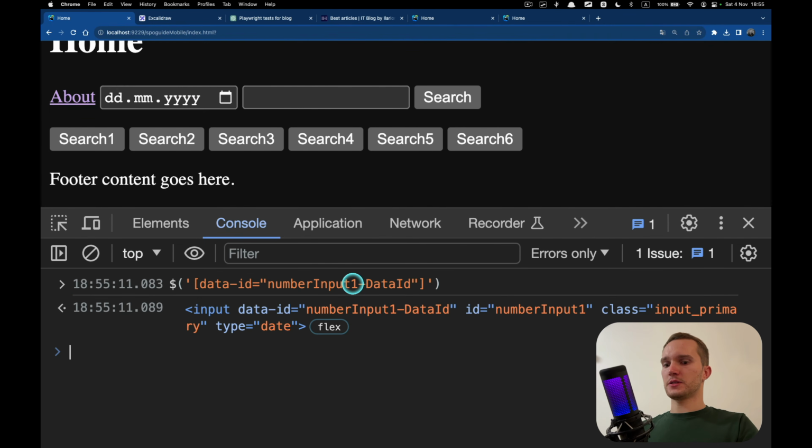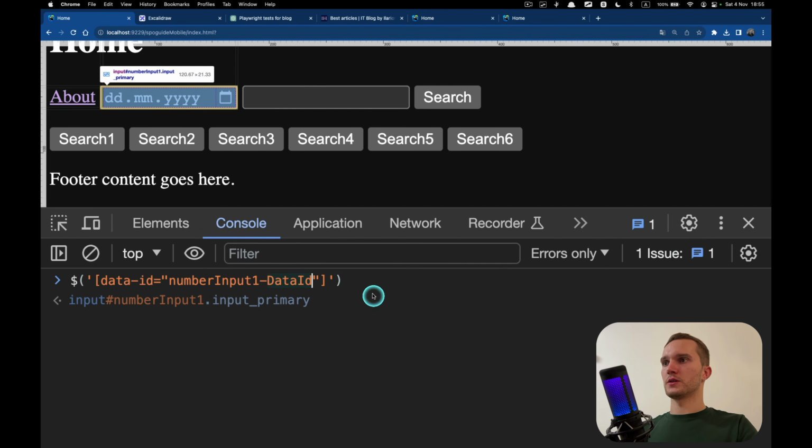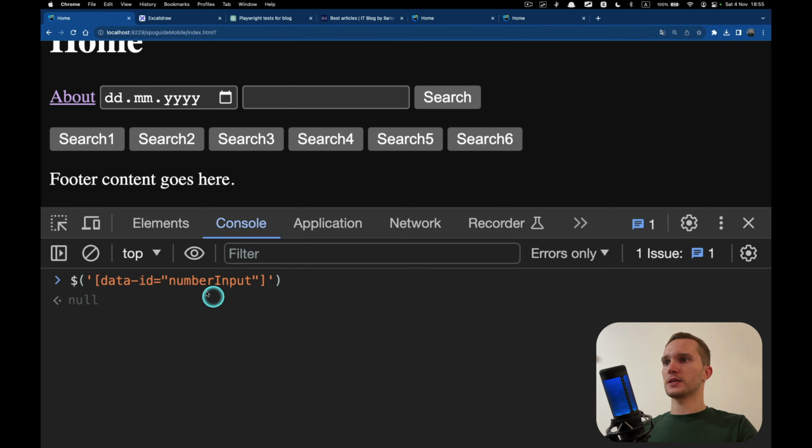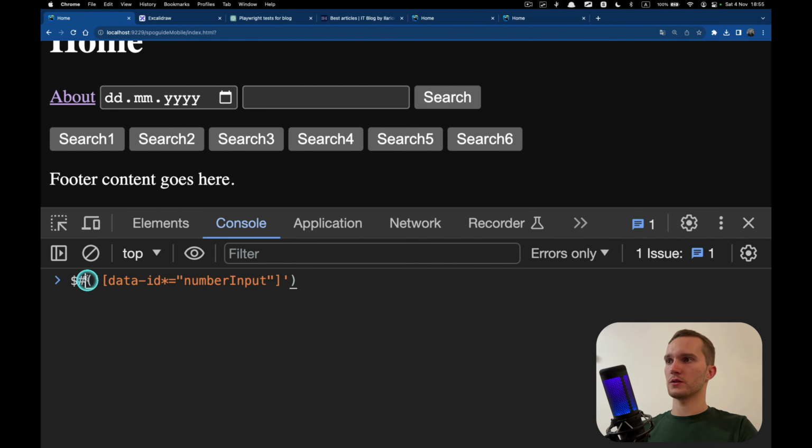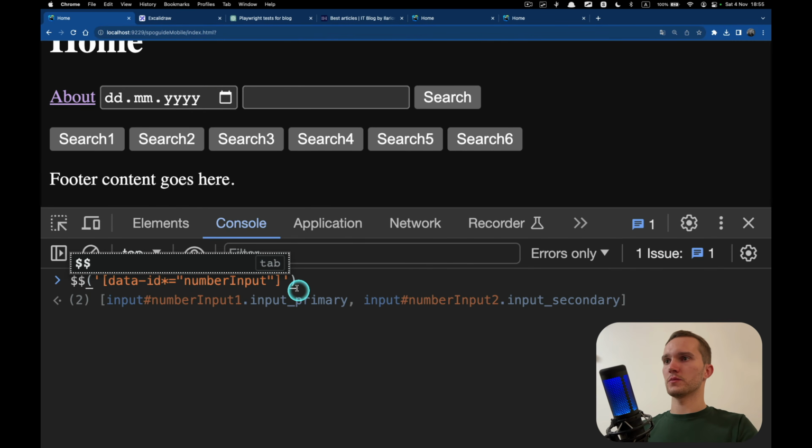Okay, we have this element, we have this selector. Let's say we want to select by partial text, so this is not an exact match. If we don't have any symbols here, then this is an exact match, and we see there are no elements found. And if we want to find just any element like this, let's find all of them. Boom. So we just found 2 elements.